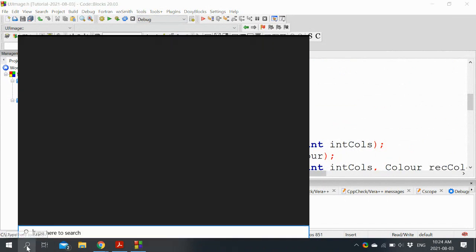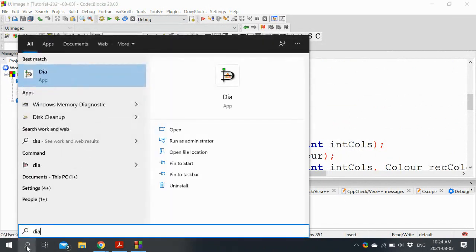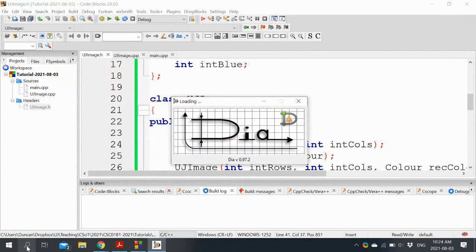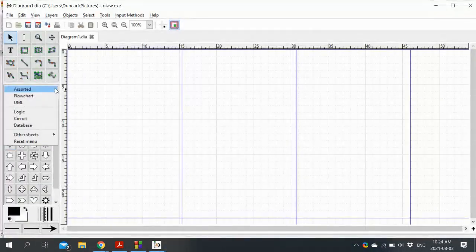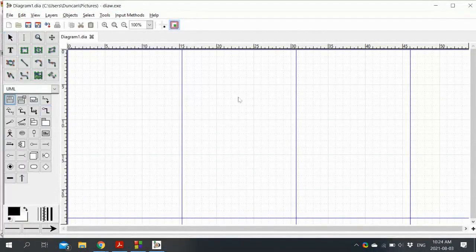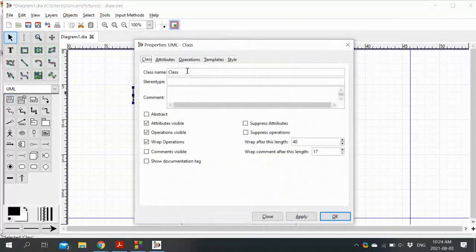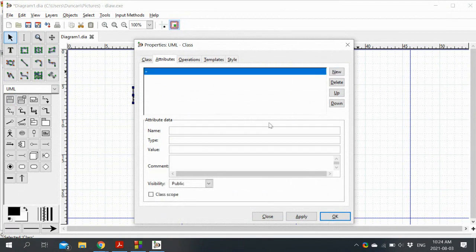So if we take a look at what the design would look like, let's do that. All right, so let's switch over to the design, and let's do a design for our UJ image. It's going to be a UJ image. It's going to have rows of type integer.